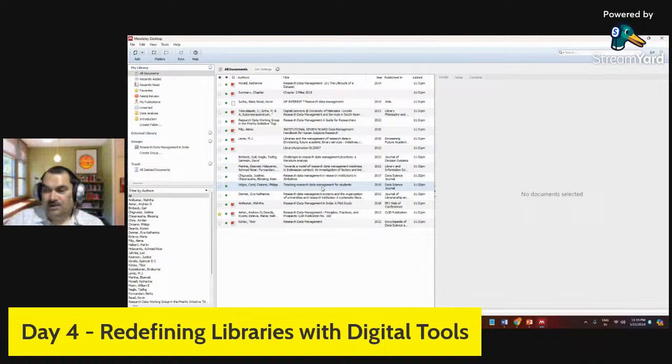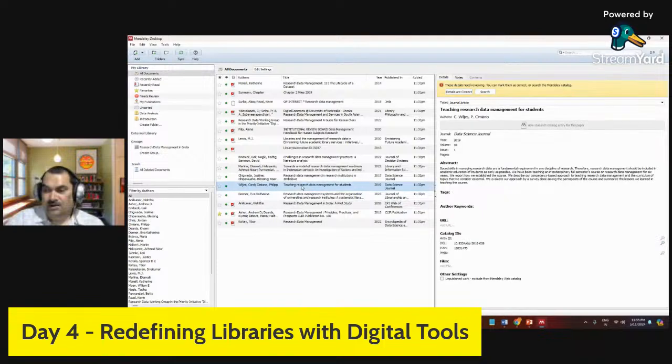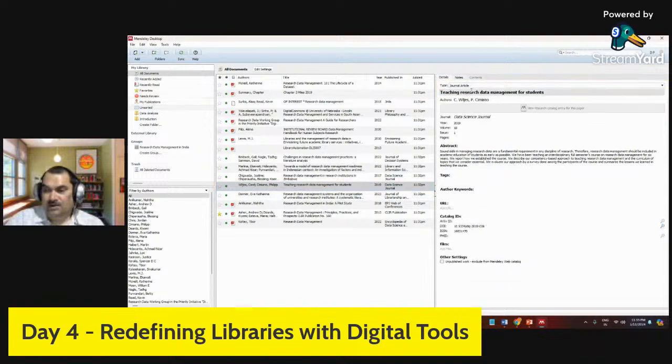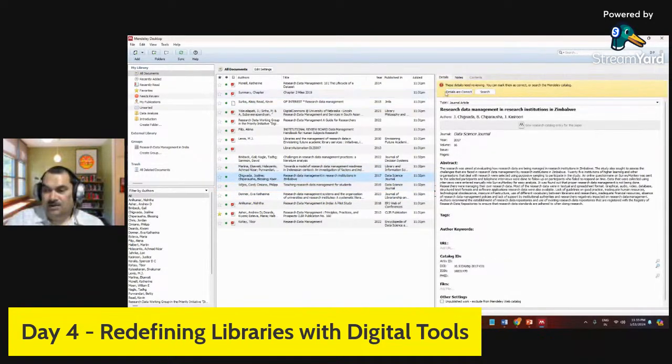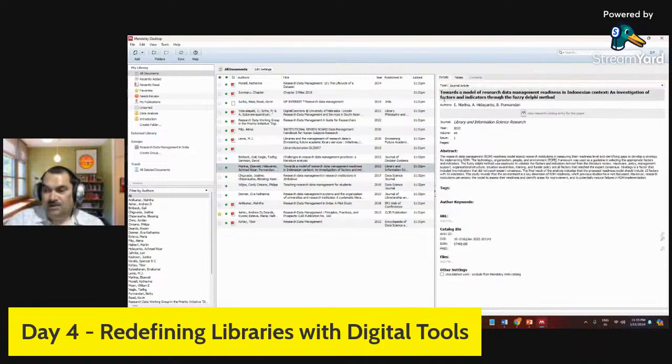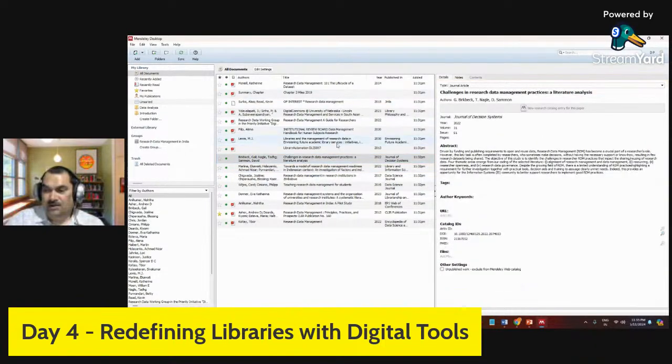So all those documents which I have taken directly from the Mendeley library, I can get in my Mendeley library. So simply I need to confirm that these details are okay. I have taken it from the Mendeley library. You see,